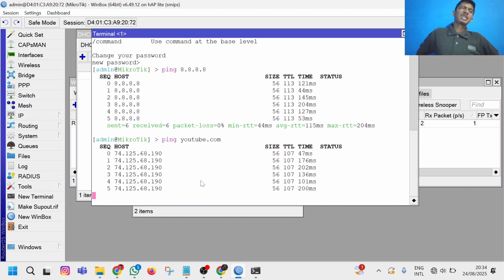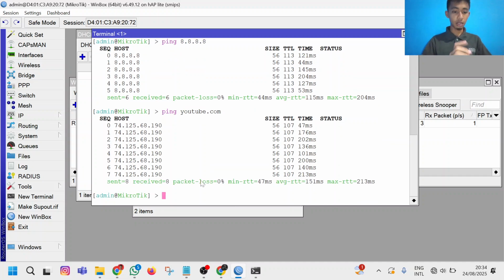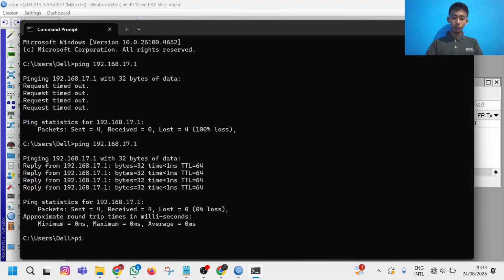Wow, it's my back. Okay, stop. But it's different from the command prompt. Yes, if you see the command prompt, if we ping Google